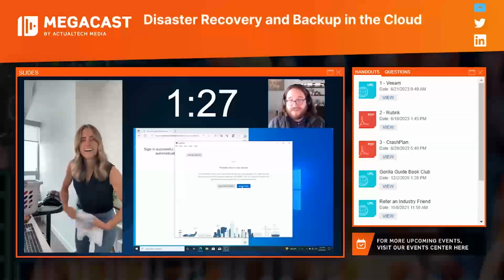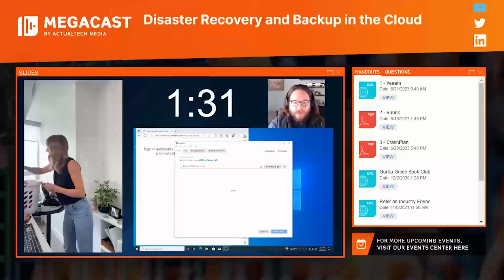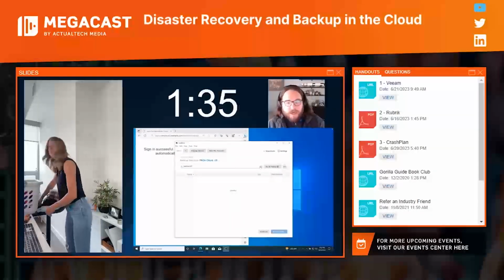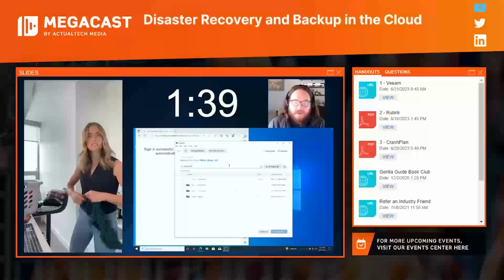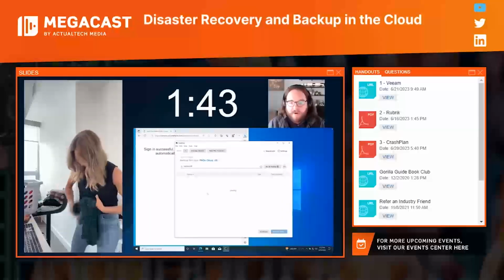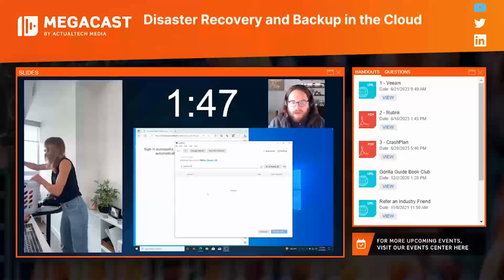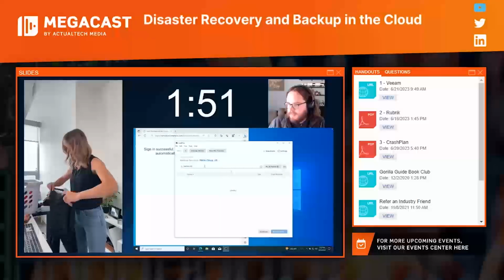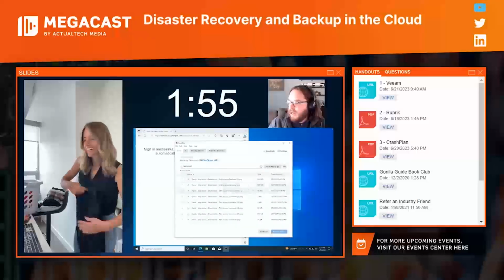So I happen to know that there is a particular file that I was working on earlier that has to do with hairbrushes. It's something that is very important to business. And so I'm going to search for this because I want to grab this file right now because it will allow me to get back up and running faster than if I tried to do my full restore. And it is sitting at loading. Great. So I've got, this is not a hairbrush. That is, in fact, the one that I want.